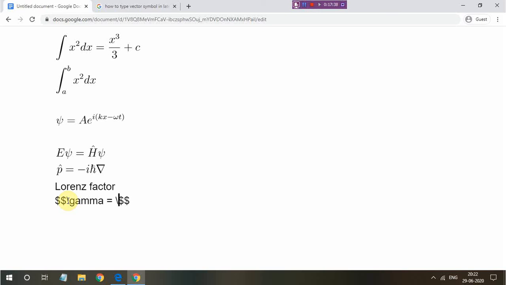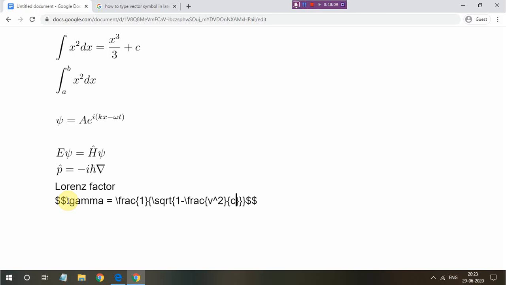So first of all, fraction, and beware of typing mistakes, of course. So 1 is the numerator, and the denominator is under root of. For under root you use the SQRT, that's the short form for square root. For cube root also there might be something we'll see, but for square root we use SQRT, and then inside the second bracket the command for SQRT, 1 minus, then again fraction, v squared over c squared, right.